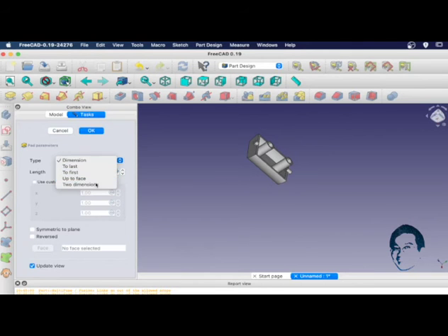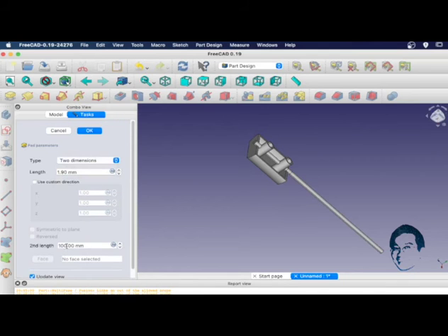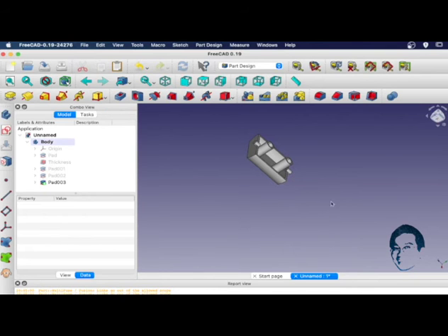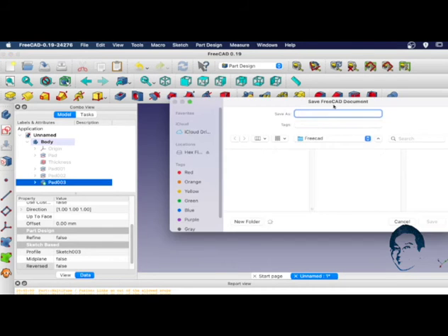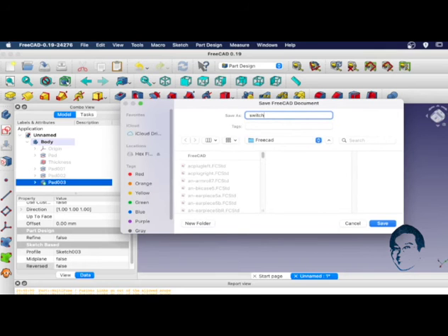Again we need to have both sides so that you can hold it tight there, right? So the other dimension will be 1.2, which is the thickness of the switch itself. So this is how it looks like. With that, we are done with the switches, and we can save it. Alright, we will save it as switch 1.